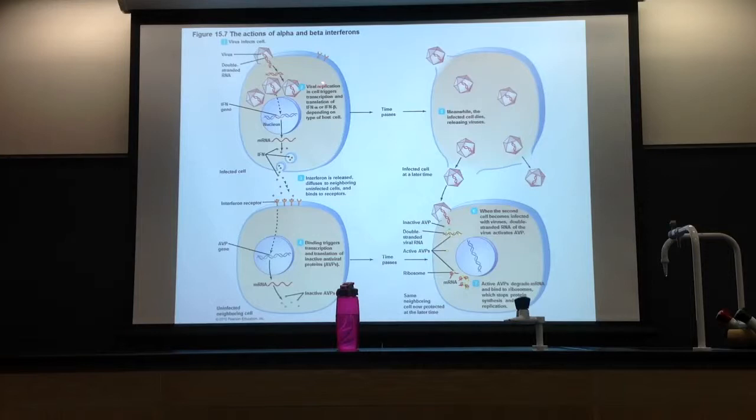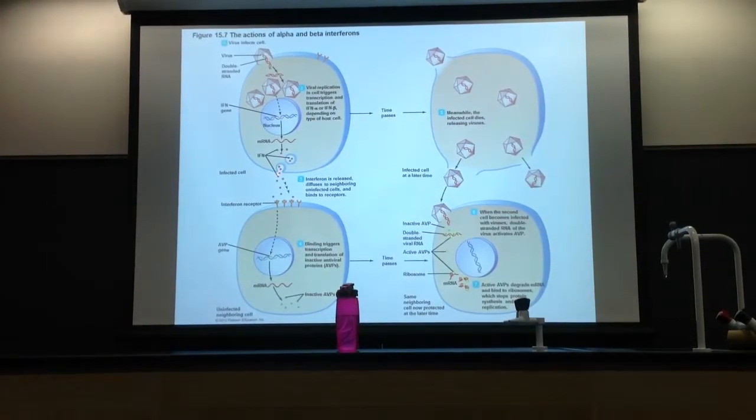Now, in effect to help its neighbors, this cell senses the virus inside, and it's going to make interferon. So far, so good? All right. After being infected with the virus, this cell makes interferon. The interferon leaves that poor cell, there's no hope for that guy, but he's going to make interferon. Now, here's his neighbor. He's good right now. The virus has not gotten to him yet, but the interferon gets to him, and the interferon binds to his little receptors there.